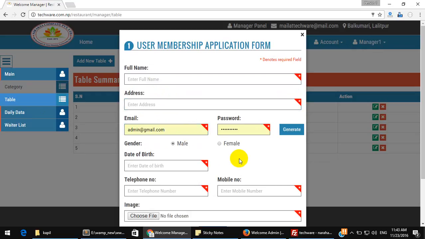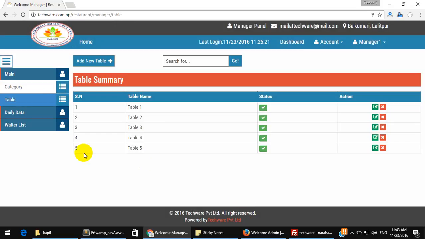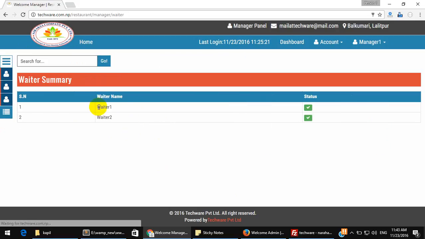Here also a valid email must be entered, because on register a link will be sent to this email. And the password: the manager cannot see the password, simply generate it, and when it is registered a link will go to this email, then the waiter will click that link and make it valid. We already have waiters, waiter 1 and waiter 2.